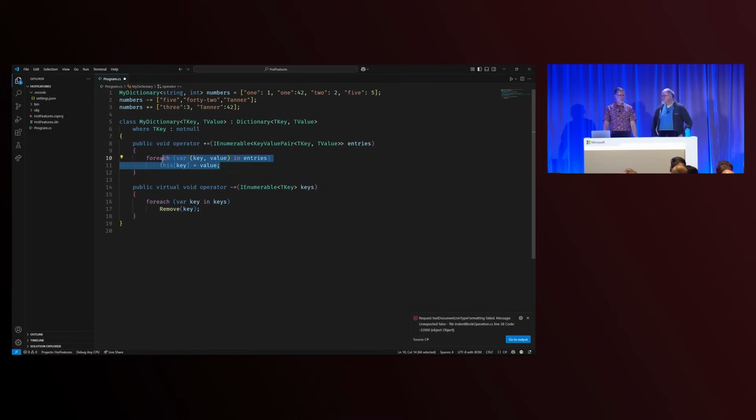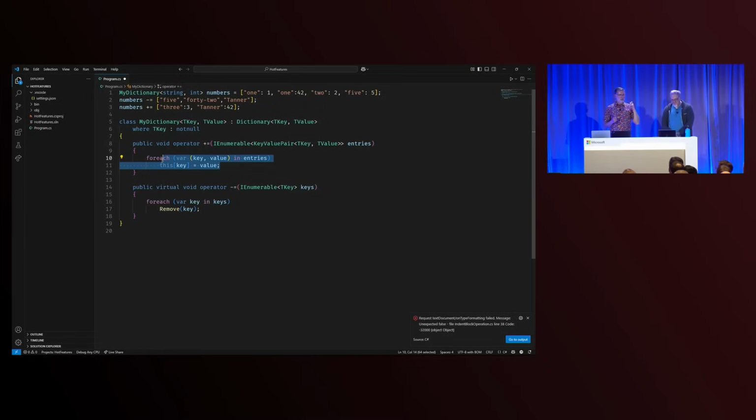That is how we expanded collection expressions to also deal with dictionaries, which many people have requested, and is probably the most common scenario we hadn't covered yet with collection expressions. I will point out that it did technically come after user-defined compound assignment operators, so our confidence is lower that it will appear in C# 14. We just want to make that really clear. But it is there, and it is coming.